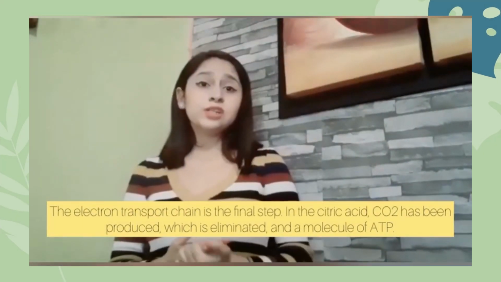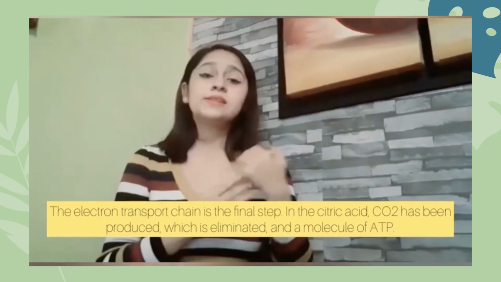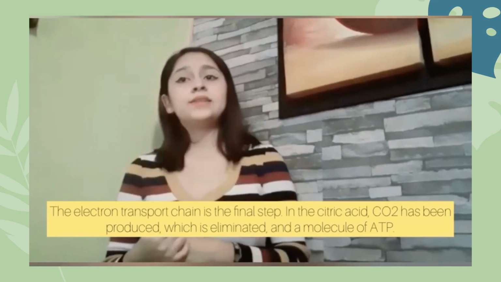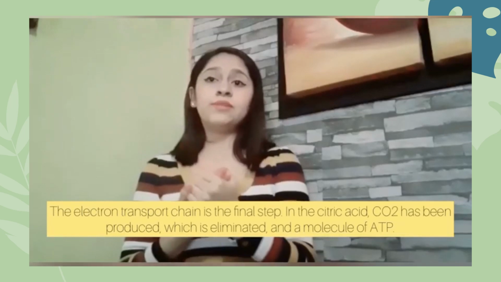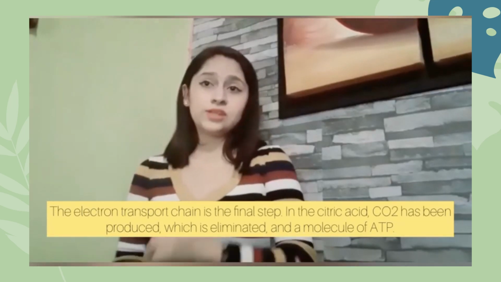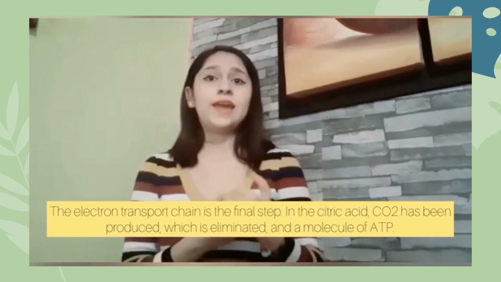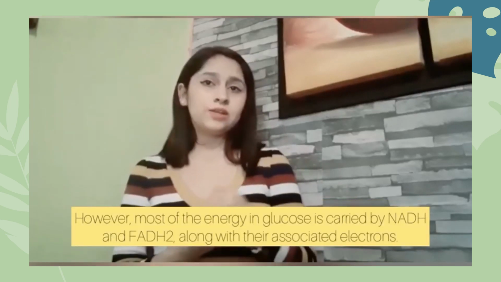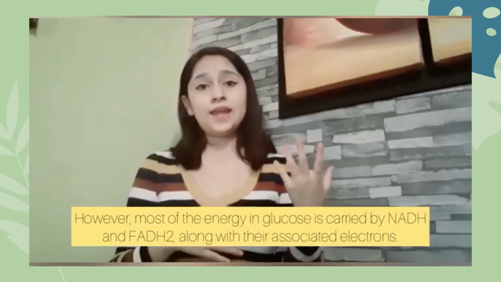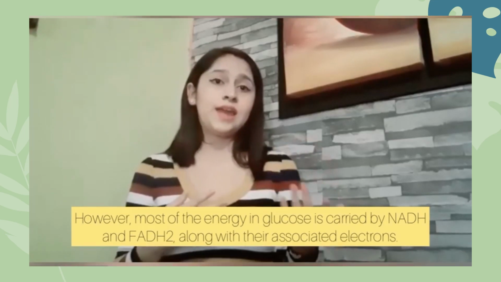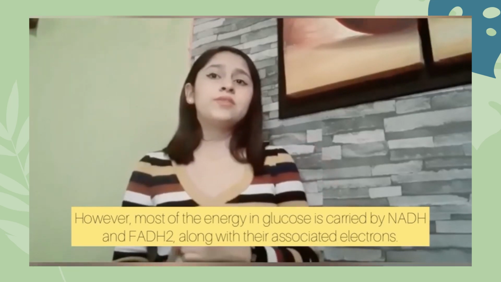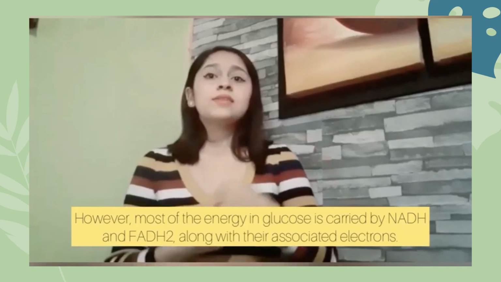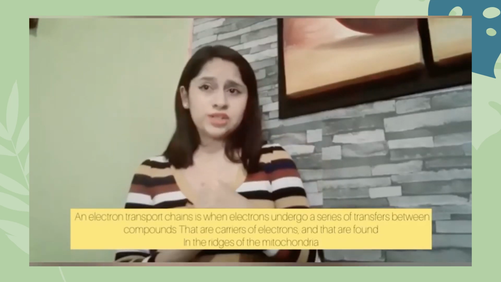The electron transport chain is the final step, after the carbon dioxide has been produced, which is eliminated, along with some ATP molecules. However, most of the energy in glucose is carried by the NADH and the FADH2, along with their associated electrons. One electron transport chain is